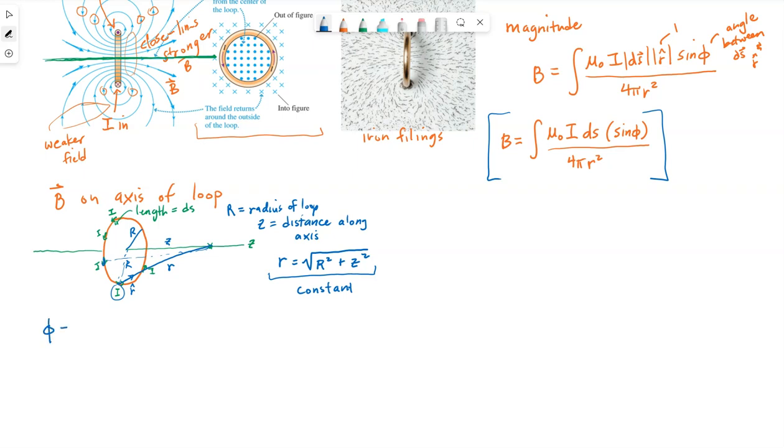Phi is 90 degrees because r hat points directly away from the loop up to this point. I'll just call it point P. But the current flows through the loop, and so they make a right angle with each other. So sine of 90